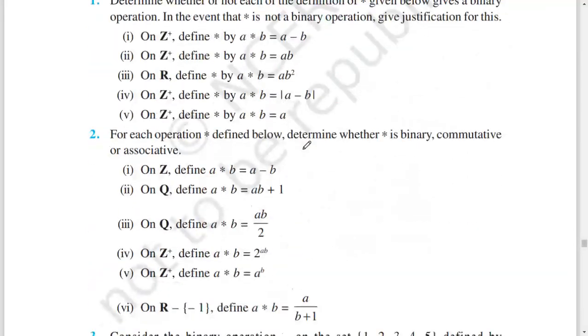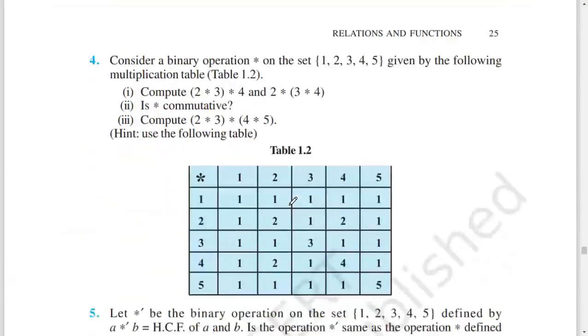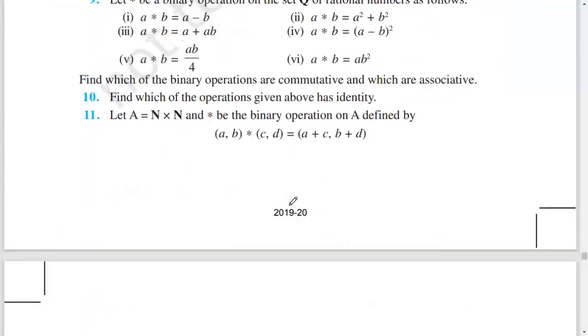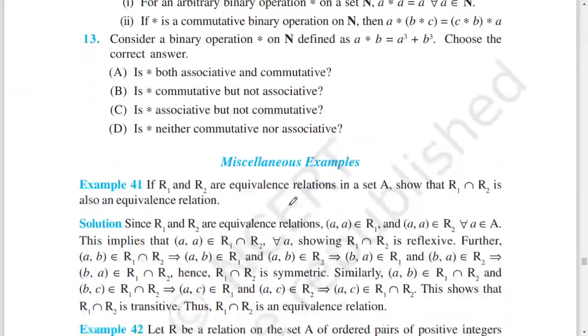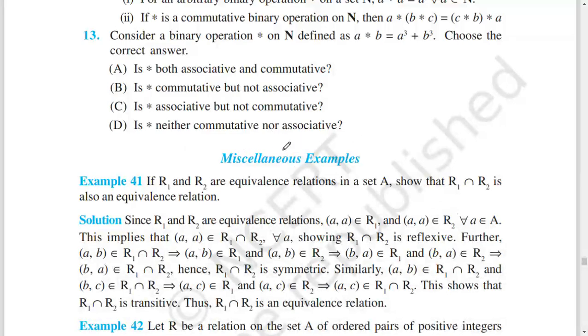Exercise: comment this and do this. Miscellaneous examples: